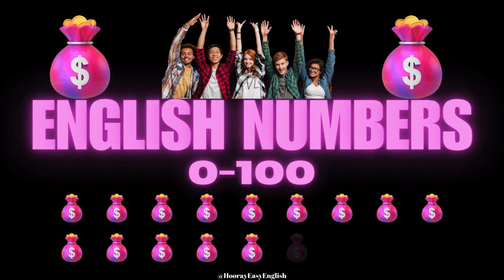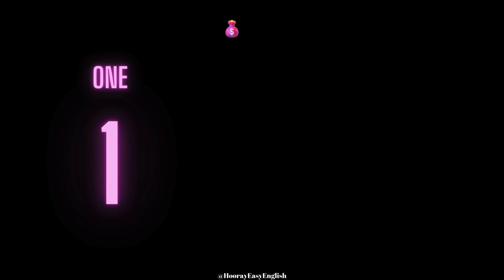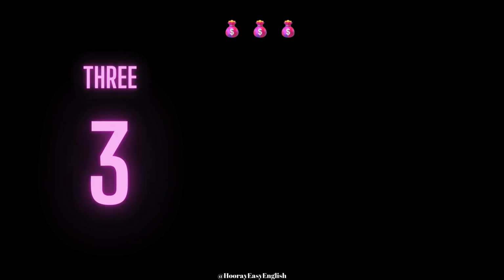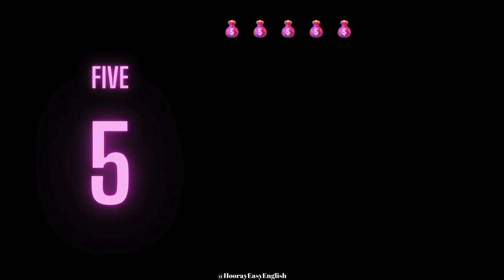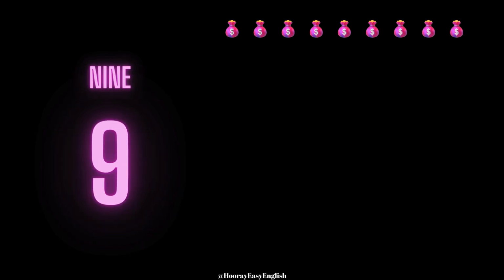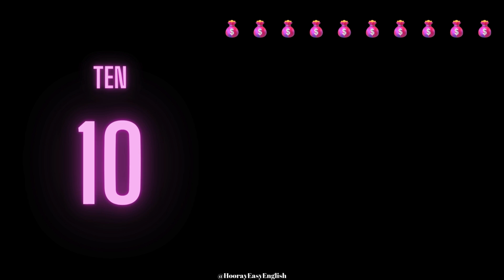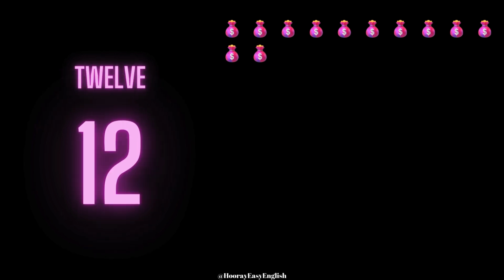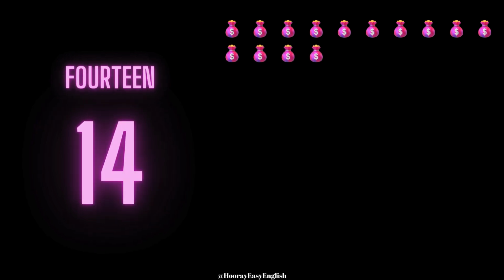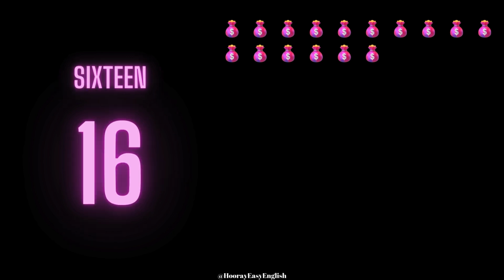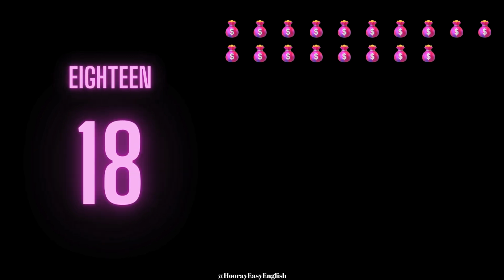English numbers 0 to 100. 0, 1, 2, 3, 4, 5, 6, 7, 8, 9, 10, 11, 12, 13, 14, 15, 16, 17, 18, 19,